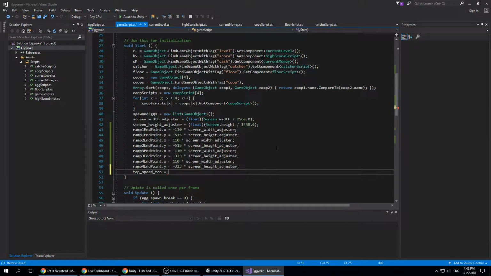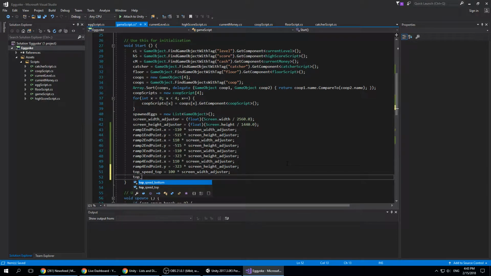Actually, I am an engineer, but it's engineer of programming and not of classical mechanics or, you know, practical things. But let's just go ahead and set it to 100 for now. We'll want to cover 100 pixels per second at top speed, maybe, times screen width adjuster,